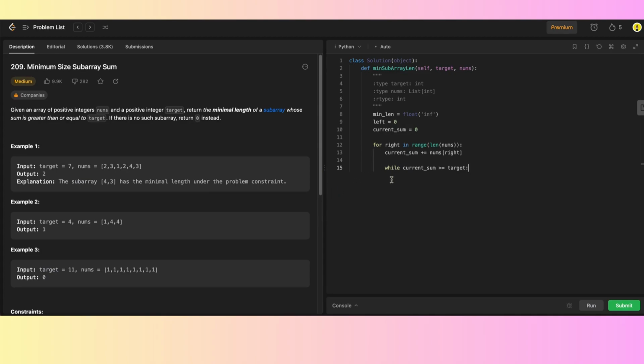Then I need to update the minimum length by taking the minimum of the minimum length and right minus left plus 1, in order to get the length of the subarray, and then I would need to